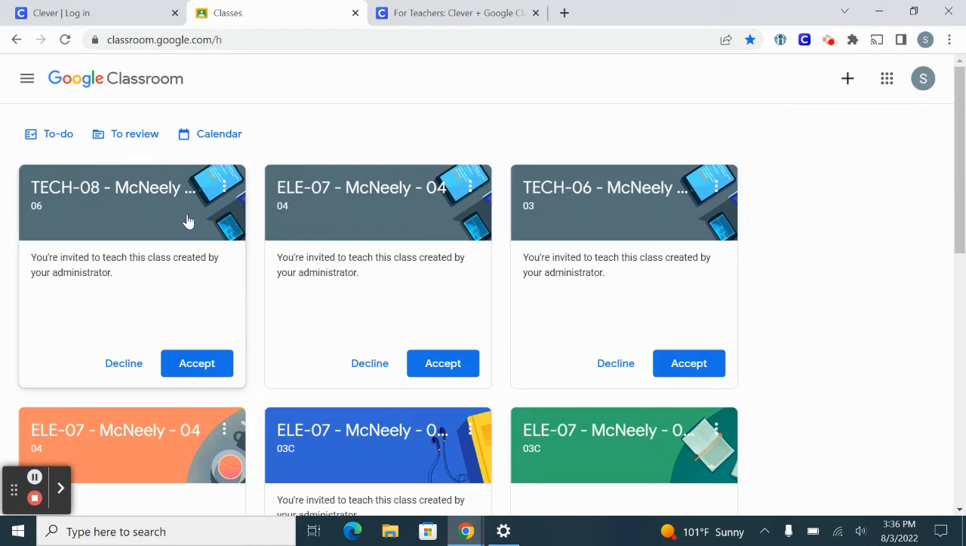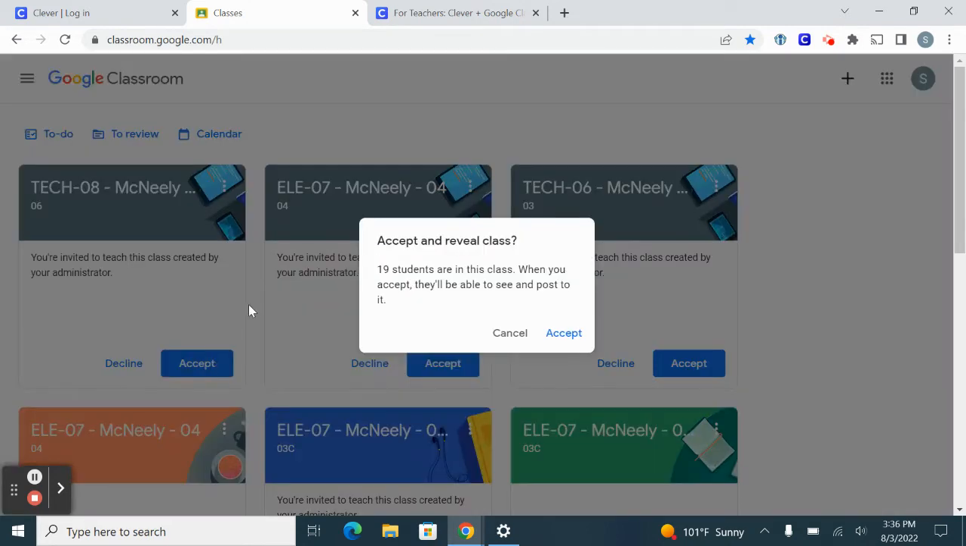Those classes will have the title that corresponds to your class titles within Teams. It will tell you that you are invited to teach this class created by your administrator, and it will give you the option to accept or decline that class. If you choose to accept that class, it will tell you that your students will automatically see that class and be able to interact with that classroom once it's revealed. So if I choose to accept this classroom,